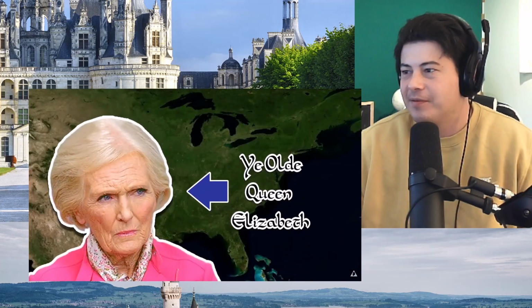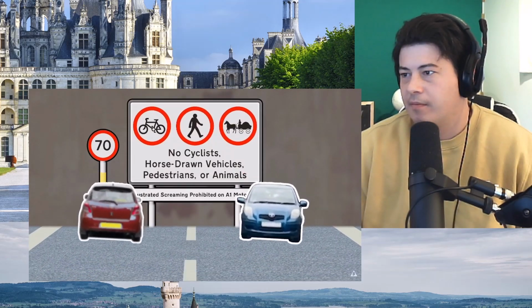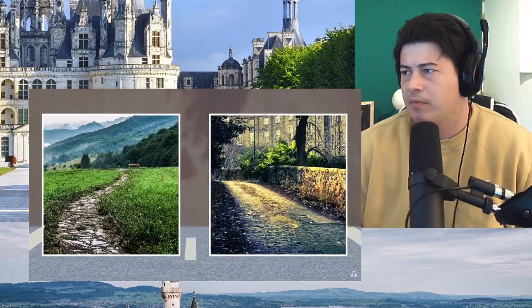Because they were still mad about having not been invited to a tea party in Boston. Despite being one of the only countries that still drives on the original side of the road, Britons are very welcoming to foreigners, placing these signs absolutely everywhere so that we know where we're supposed to be. Unfortunately, staying on the left-hand side is only one of the many things to keep in mind. For example, keeping left is only done on highways. Since many of the other roads used to be narrow footpaths and cobblestone carriageways,